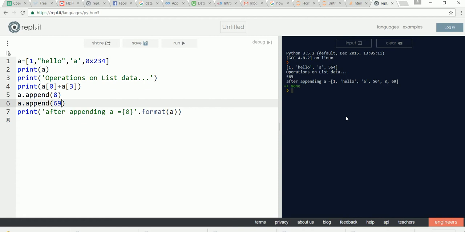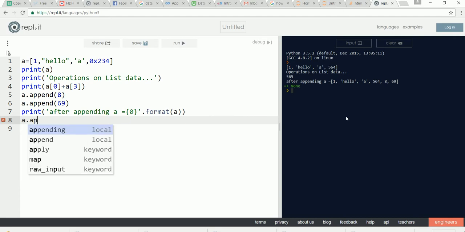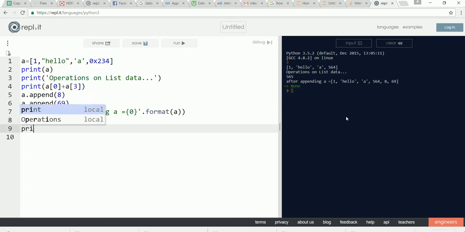So what we learned is that by using the append command we can append new data at the end of the list. Whenever you use the append command, the data is added at the end of the list. Now, what if I try to append multiple variables, multiple data? So let's say a dot append, let's take one more list, say 100, 200. Now when you do this and print,